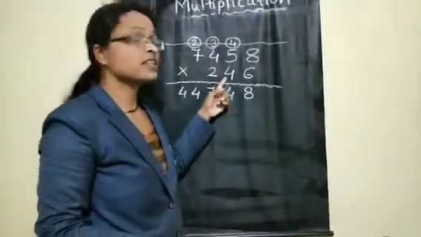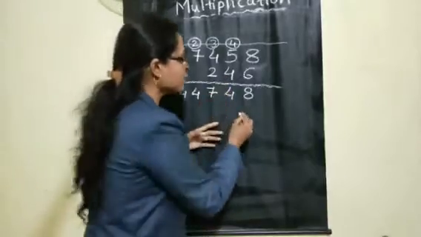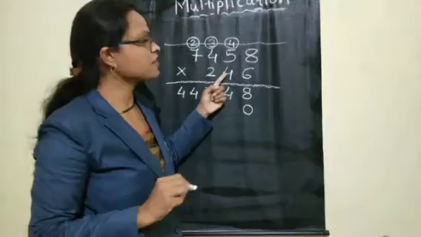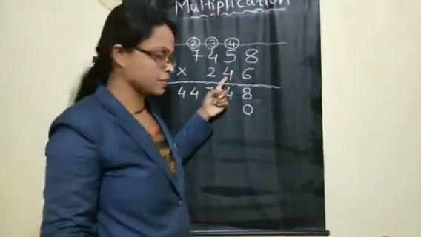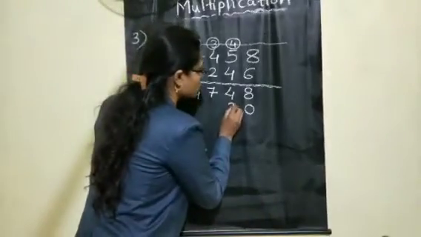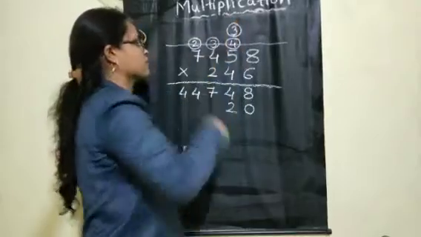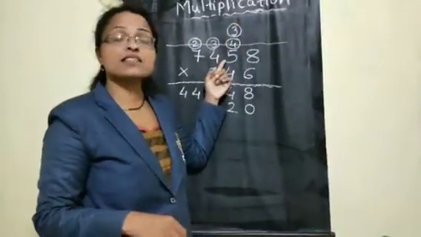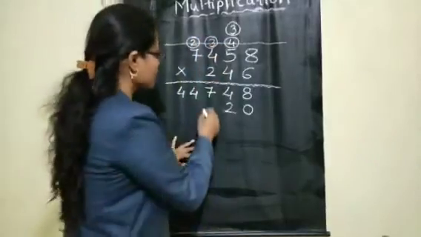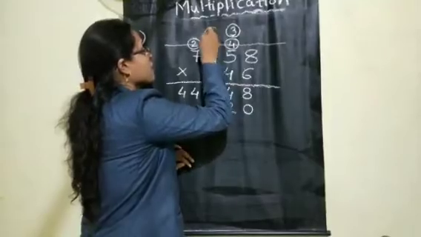Now let us start with the second number in the tens place. Before that, add 0 in the second step. Put 0 in the ones place here because now we will multiply with the tens place number. 4 8s are 32. So 2 you write here and 3 you take carry upside. Now 4 5s are 20. 20 plus 3, 23. From that 3 writing down and 2 will carry forward to the 100 place.